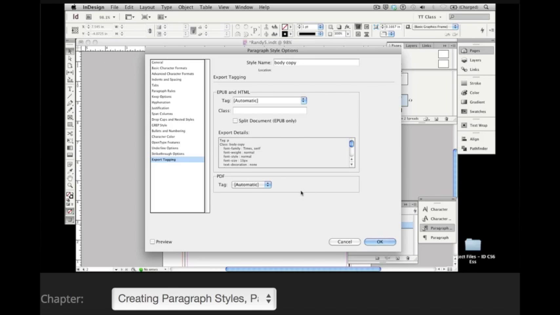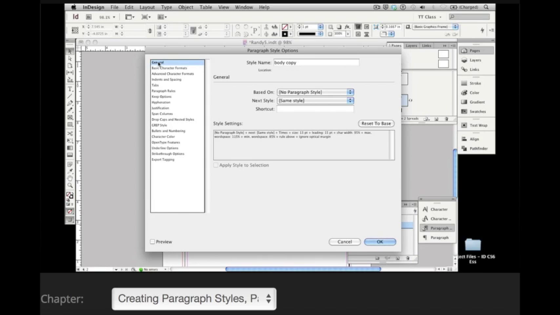So let's go to the first layout option, back to General. And what we're going to do is take a really quick look at what we've set for our style. Before you get done with creating a paragraph style, you want to make a check at these style settings, which in this case means it's got no paragraph style, which means we're creating a brand new style from scratch. It's not related to anything else. The next style is set to the same style. Again, what that means, if I'm typing within InDesign and I hit the return key or the enter key, the next paragraph will be the same style as